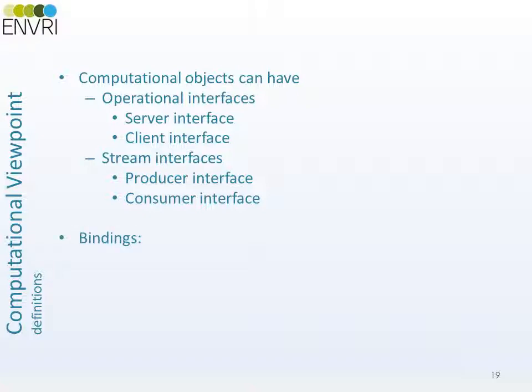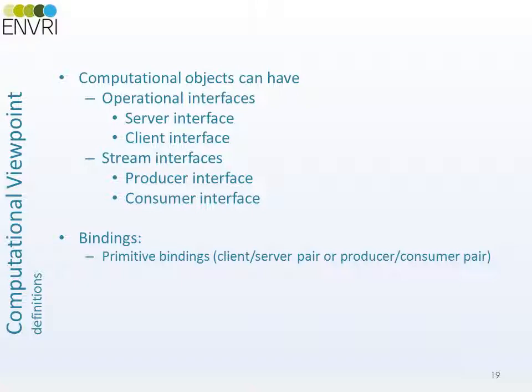A binding is an established connection between two or more interfaces in order to support interaction between the computational objects to which those interfaces belong. A client interface can be bound to any server interface that supports all its prescribed functionality. Once bound via their corresponding interfaces, two objects can invoke functions on one another to achieve some task such as configuration of an instrument or establishment of a persistent data movement channel.